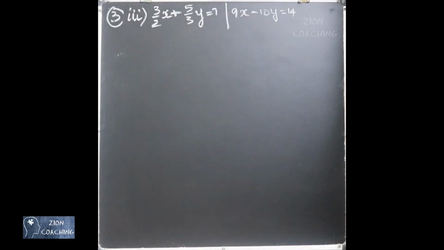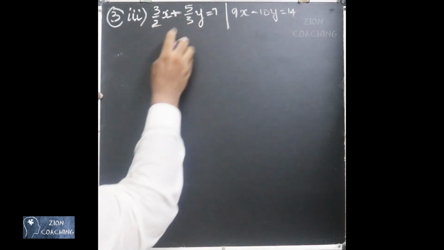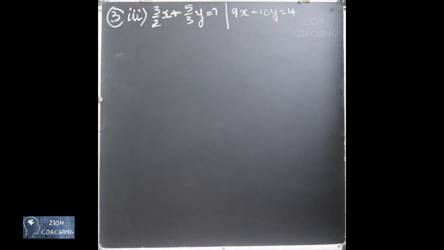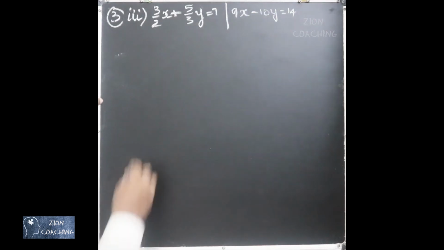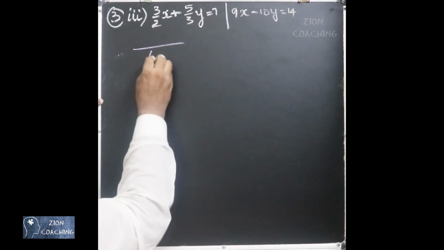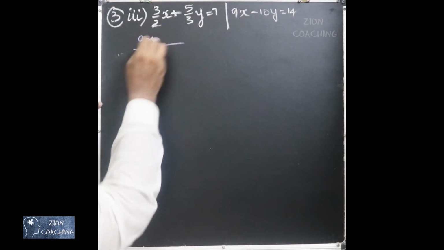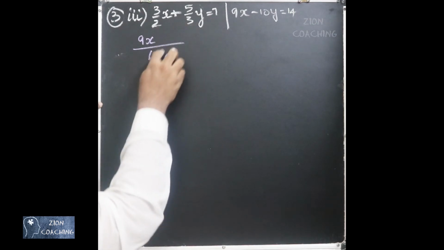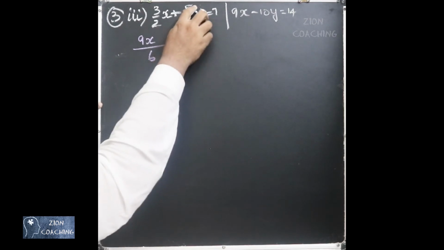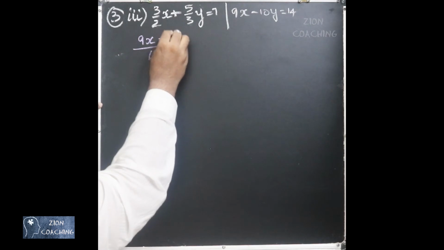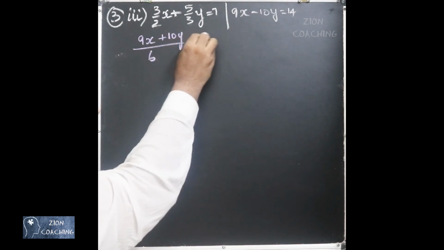Now we are first going to write the given equations in general form. So we are going to first take the LCM. The LCM of 2 and 3 is going to be 6. Then the denominator is 6. 2 into 3 is 6, so multiply the numerator by 6. So we will get 9x. 3 into 2 is 6, so multiply the numerator by 2. Then you will have 10y equal to 7.